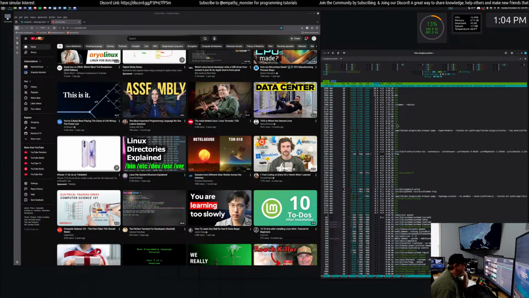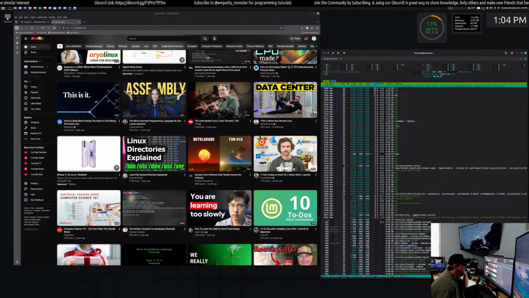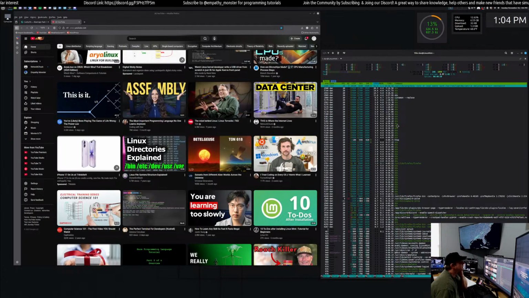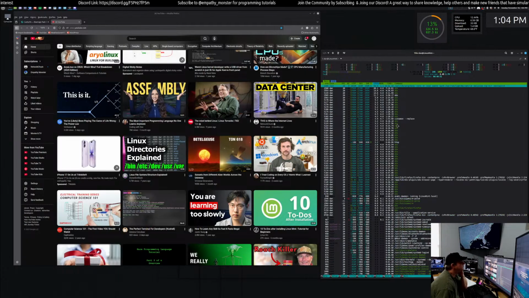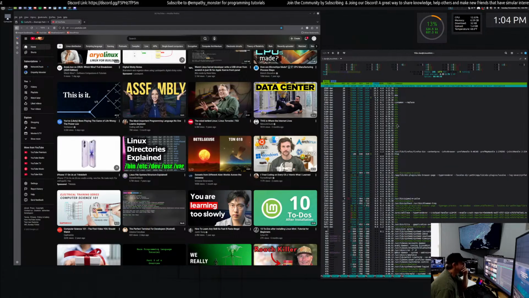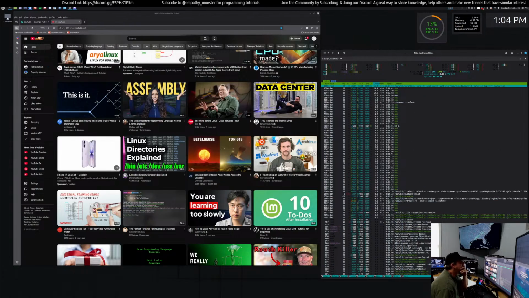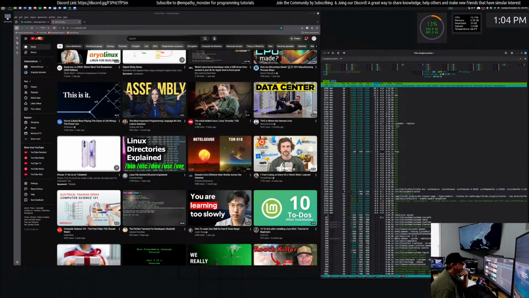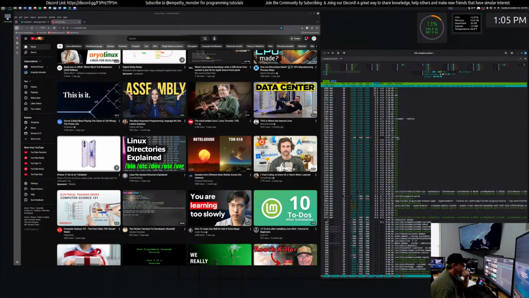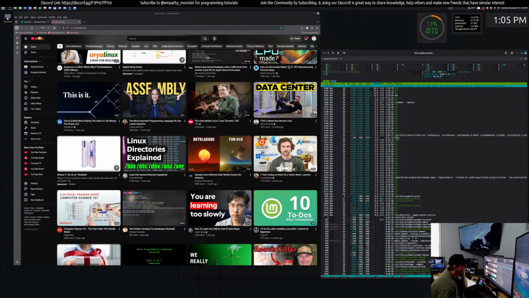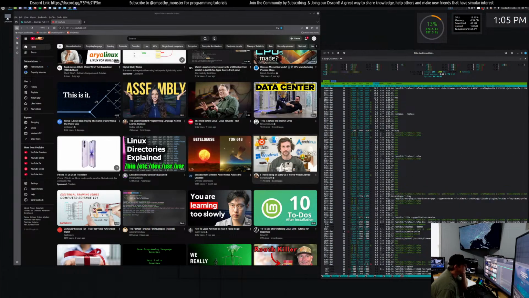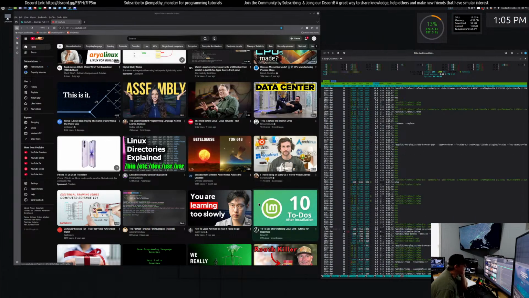Yeah, OBS is all over the place, using a lot of resources. A lot of those processes are OBS right now. That's why I get kind of... It's not terrible, but